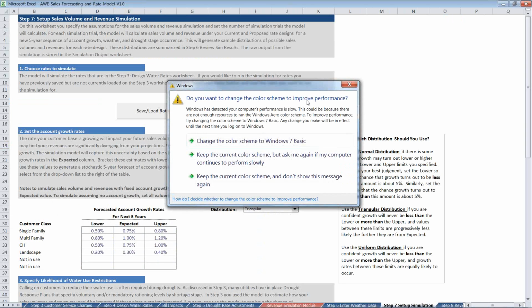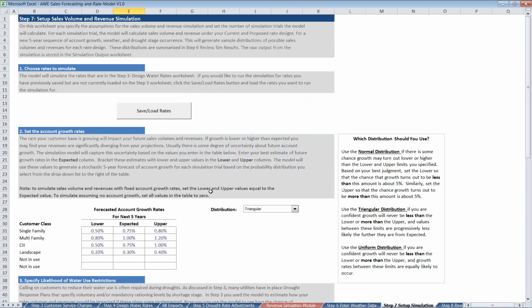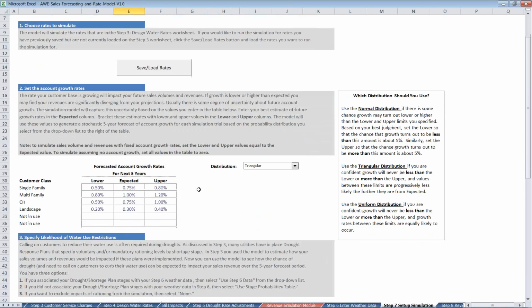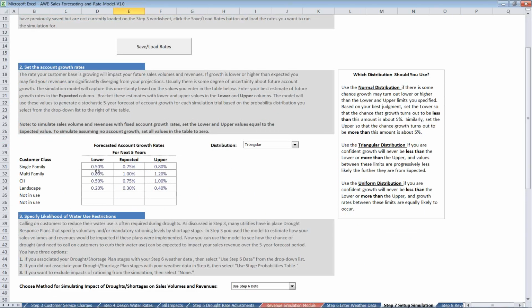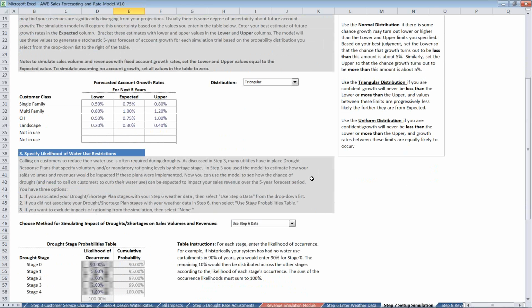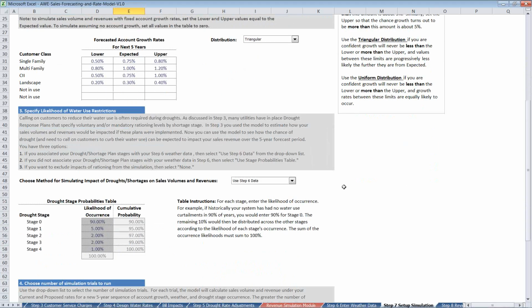So once that is set up, you enter another couple inputs such as your expected growth rates, so your lower expected and upper rates of growth for each customer class. And it gives you some options on how you want that distribution to be in terms of the likelihood of those expected growth rates, and then whether or not you think there's a chance the lower and upper bounds could be exceeded. I don't want to get too into detail with that because of time.